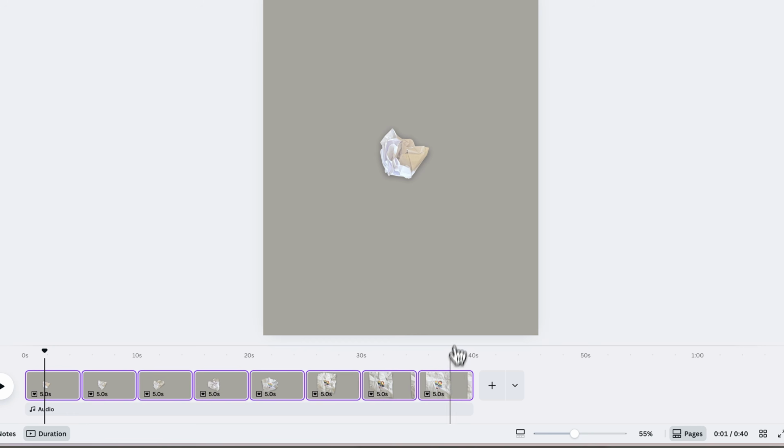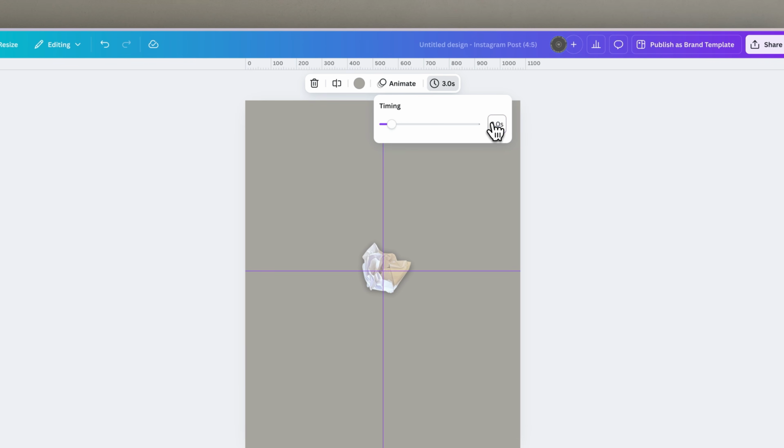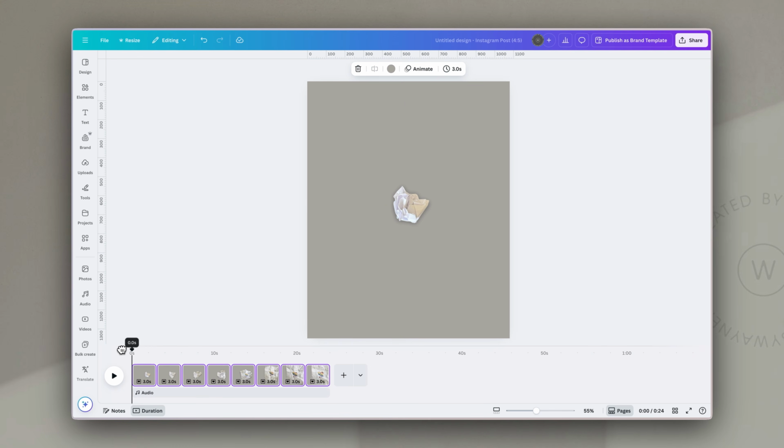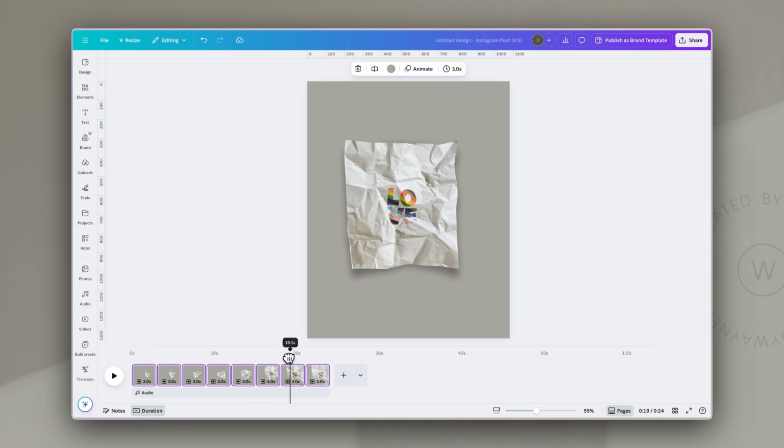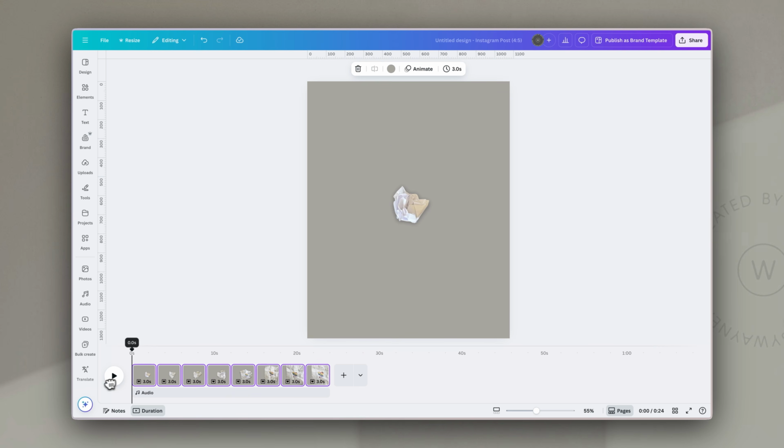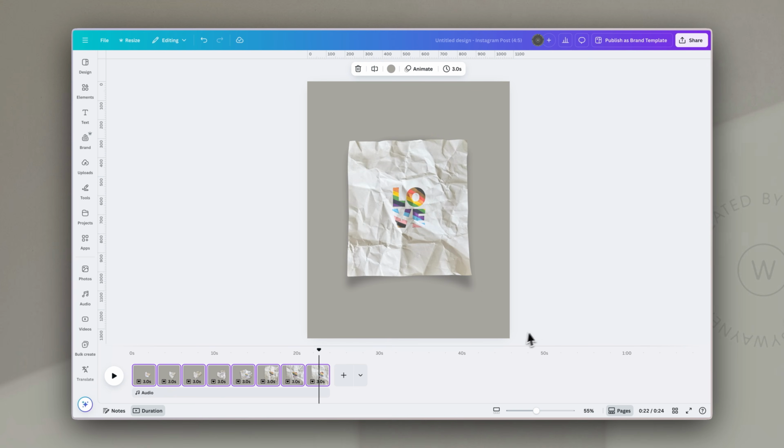Next, I'll select all the pages, and in the contextual menu bar at the top, I'll set their duration to 3 seconds, just so that we can see them all easily in the timeline at the bottom. Then we'll drag the playhead from the left right across all of our pages, and we can immediately see that stop frame animation effect come to life. The ball of paper unfurls, revealing our graphic. Now that we've created the motion steps, the final touch is inviting your audience to take control and animate it